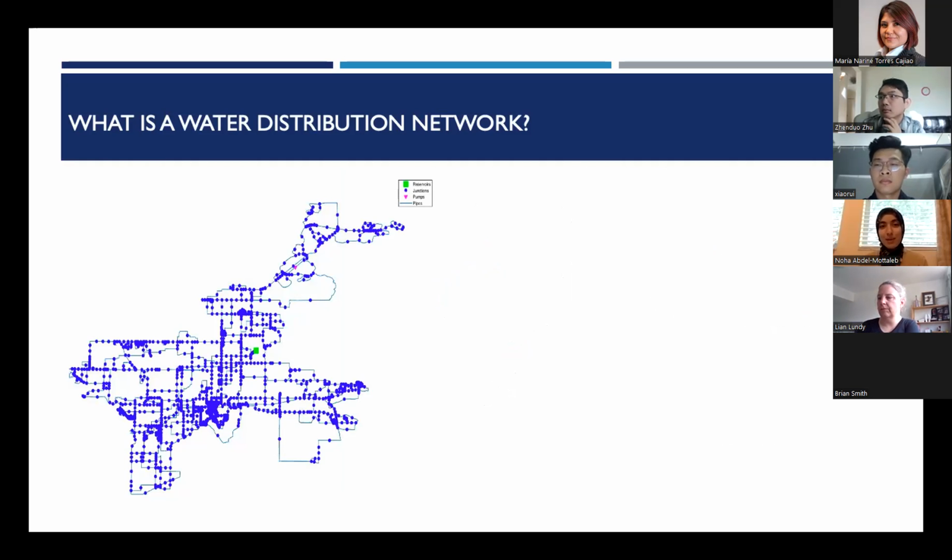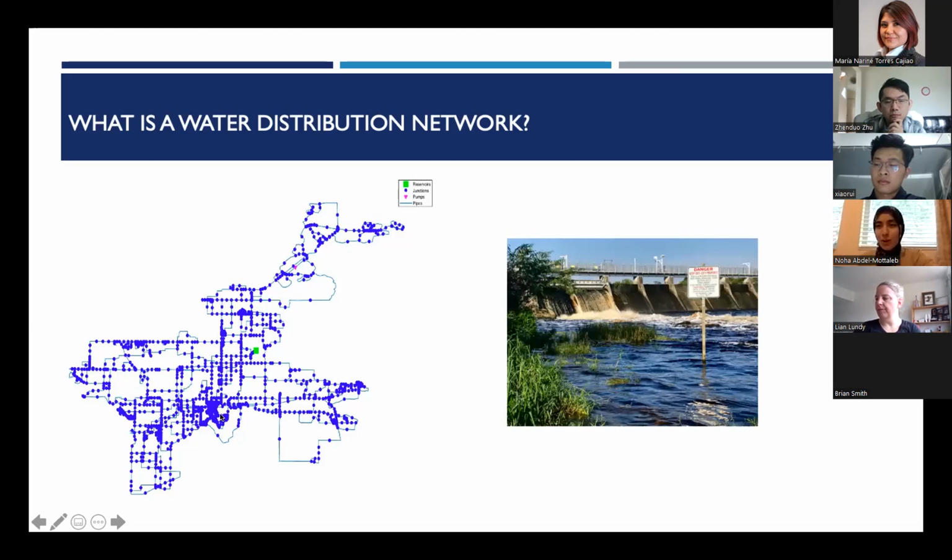So I had to include a slide about what are water distribution networks. Water distribution networks function to transmit water from some source or sources to end users. And so what we see here is the case study that we're going to be focusing on is the city of Tampa in Florida, in the US. And the water source, the main water source reservoir is highlighted in green, and we have 2 main pumps in the system. And this is just a snapshot of the major water source, which is the surface water. It's a river.